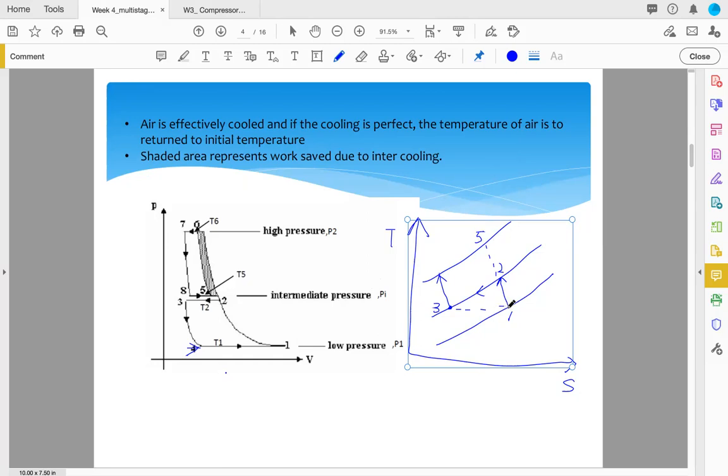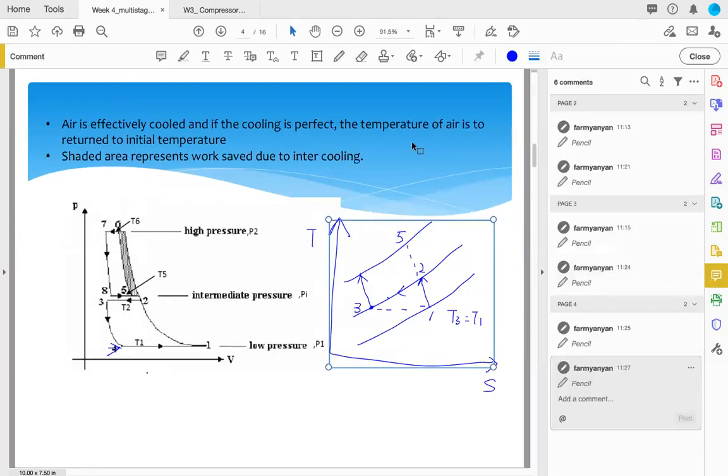But at least I would like you to know what it means: perfect intercooling is, 1 to 2 is polytropic compression. After that, we have the intercooler, so the temperature is reduced to T3. And in this part, T3 equals T1. This is perfect intercooling. Right, okay? So what about the